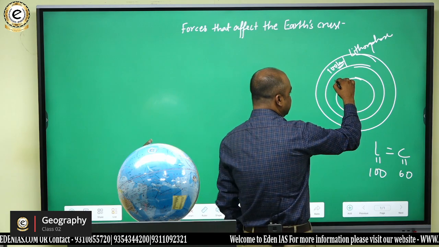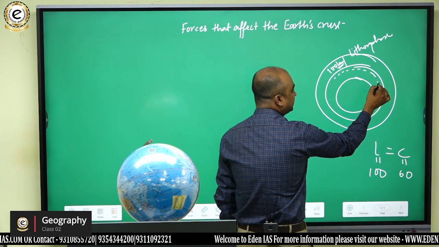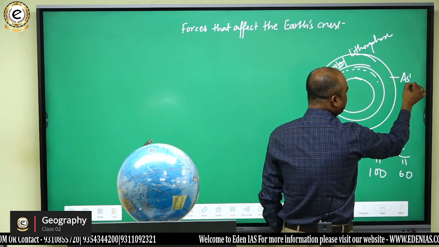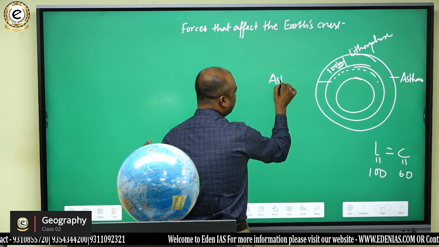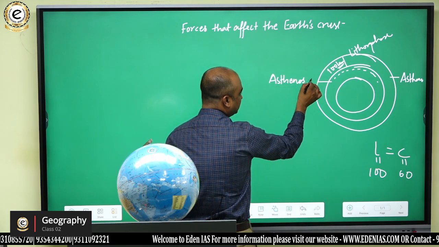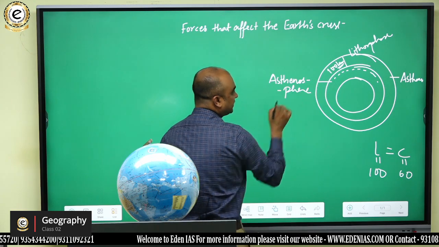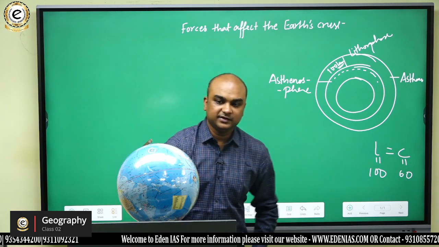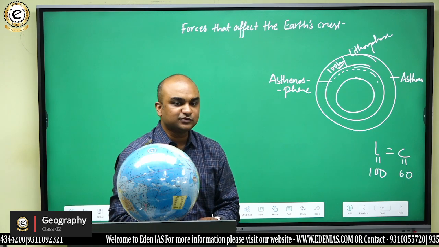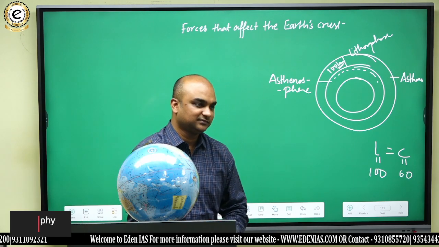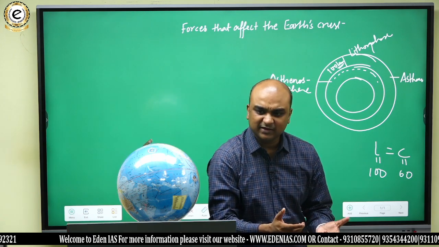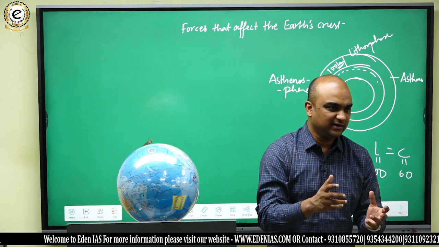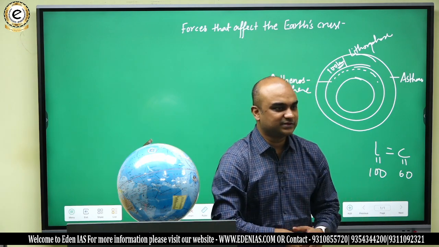Lithosphere के नीचे जो layer है, that is known as asthenosphere. Write it here. Asthenosphere. Now, asthenosphere is not solid. Asthenosphere is also not liquid. Asthenosphere is plastic. प्लास्टिक का मतलब क्या होता है? सेमी सॉलिड, सेमी लिक्विड. जैसे स्टिकी टाइप का हो जाता है ना, उसे हम प्लास्टिक कहते हैं.